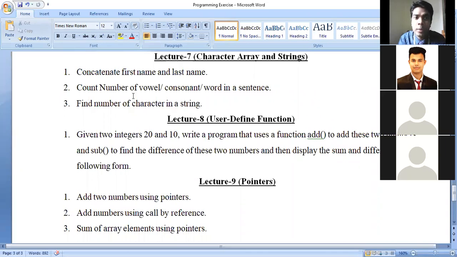Then count the number of vowels, consonants, and words in a sentence. I might give you a string and ask how many vowels, how many consonants, and how many words we have in this sentence. You have to show me the number. Again, the explanations are given in the video tutorial.